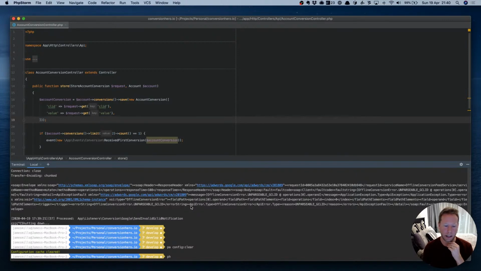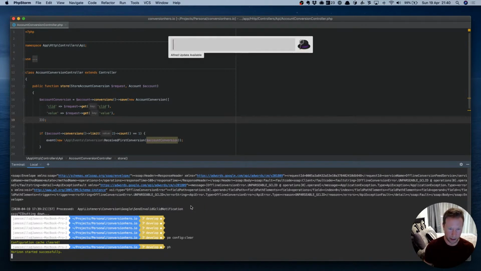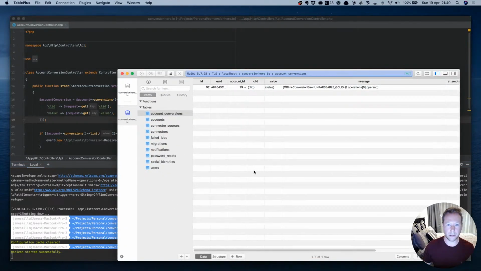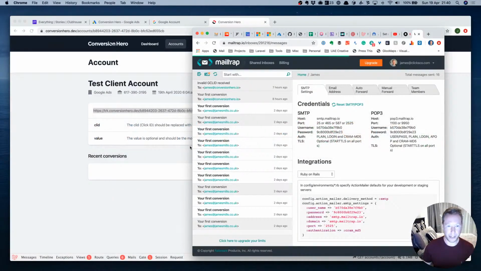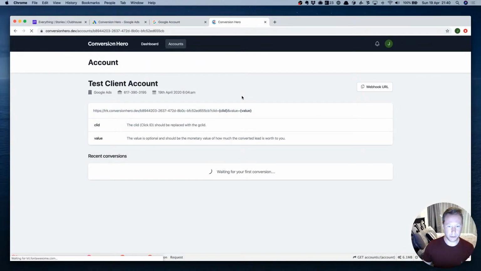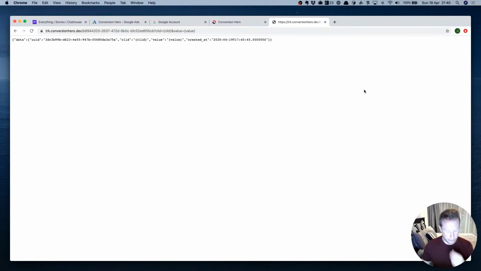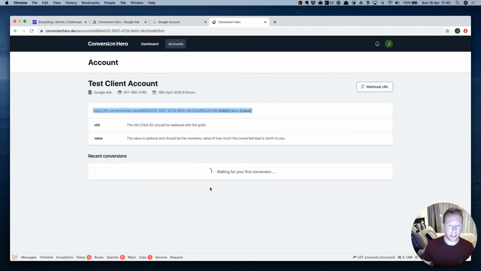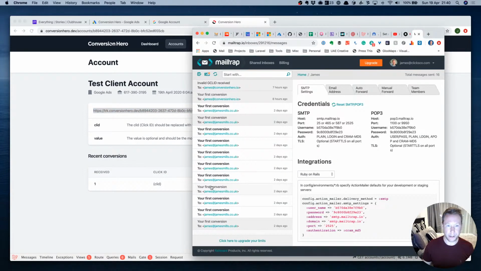So I'm just going to clear the config and then start Horizon back up. I'm going to go back to TablePlus, just delete this one because I want it to be the first one that we create. Back into our accounts, copy the webhook, receive the webhook. This will update here, and we should now get